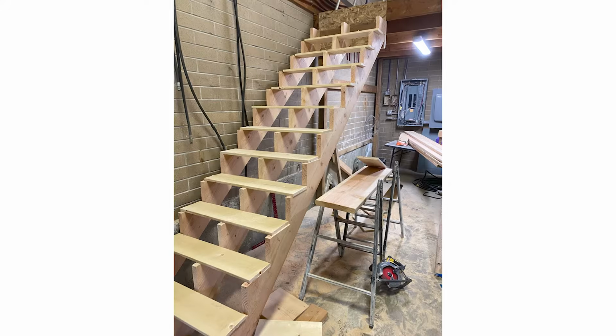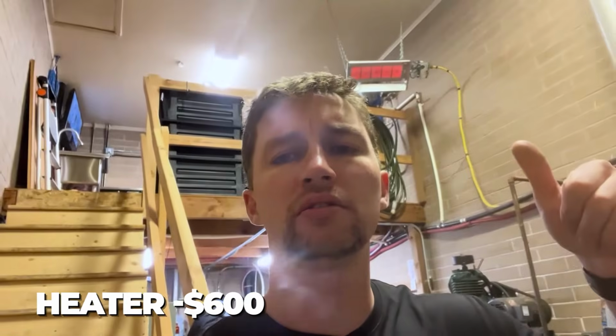Okay, so I refreshed my memory a little bit. A few more things that I put some money into were this staircase right here. If you remember the original video, I had no stairs going up to this second level. I also had no heater. Stairs, $1,200. This heater, $600. The biggest thing, and what's gonna vary between washes, is what equipment you have versus what needs replaced. I keep saying reference back to these old videos, but I have a video, something about